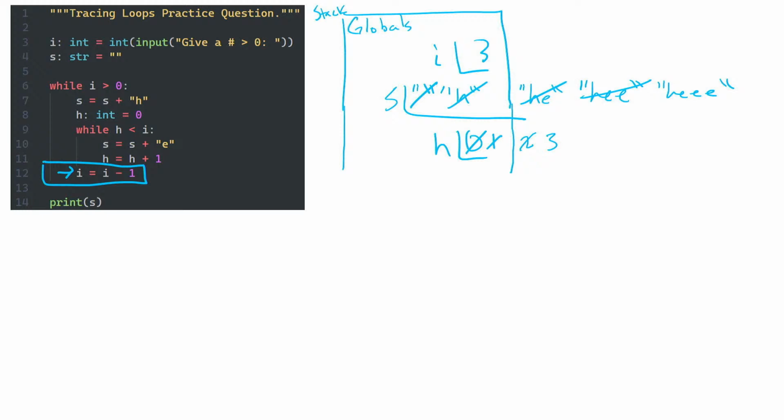Yep. Since h is declared within the while loop, would it still be under the same loop stack? So for our purposes, yes, and in Python, yes. In some other languages, and we'll talk a little bit more about an idea of scoping, you could imagine that there's sort of ways in which h wouldn't exist in quite the same way as these other variables, but for our purposes and in Python, yes. All right, question back here.